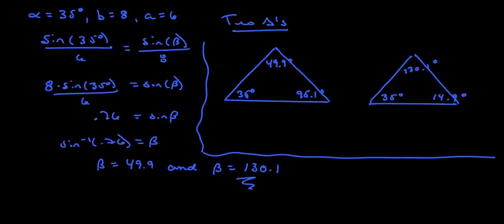Okay. We know that A is 6, so this length is 6 on both of them. B is 8. So the question is, what's the remaining side? Well, the first one's going to be longer because it's got a 95-degree angle across. The second one's going to be really short because it's got a 14.9. So there's two separate triangles here. So to figure that out, my C value is going to be equal to, I'm going to go 6 times the sine of 35 over,